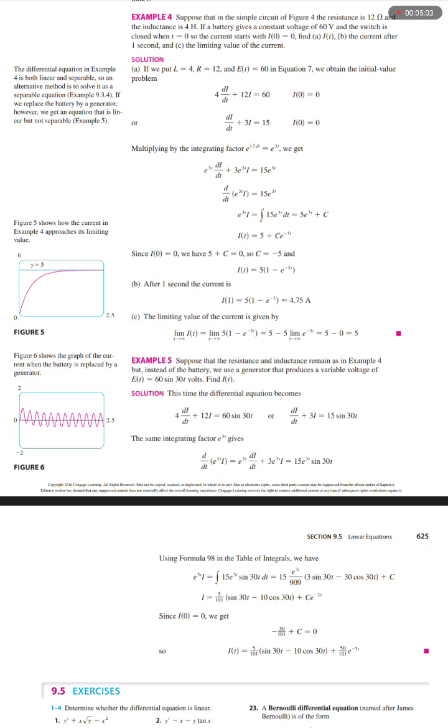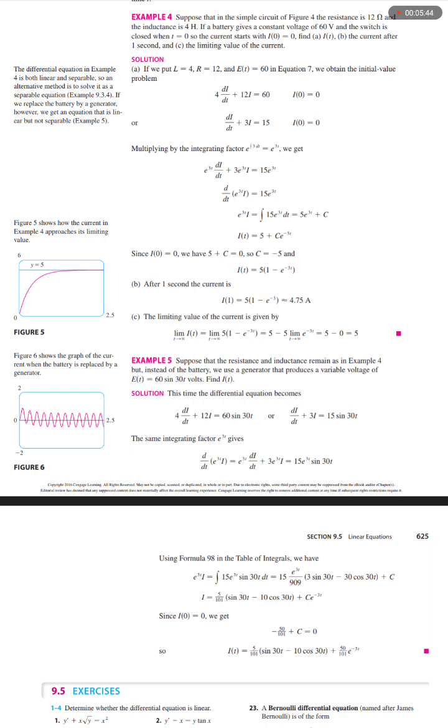This time the differential equation becomes 4 dI/dt plus 12 I equals 60 sine 30t, or dI/dt plus 3 I equals 15 sine 30t. The same integrating factor e to the power 3t gives d/dt of (e to the power 3t times I)